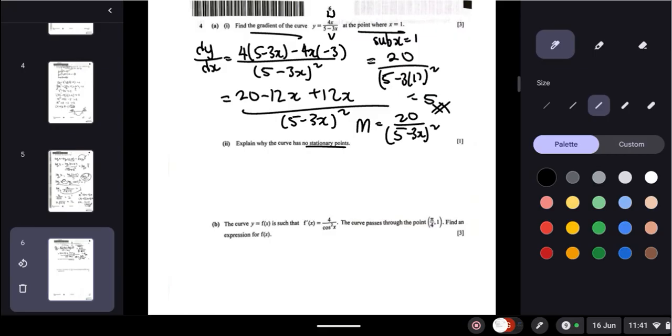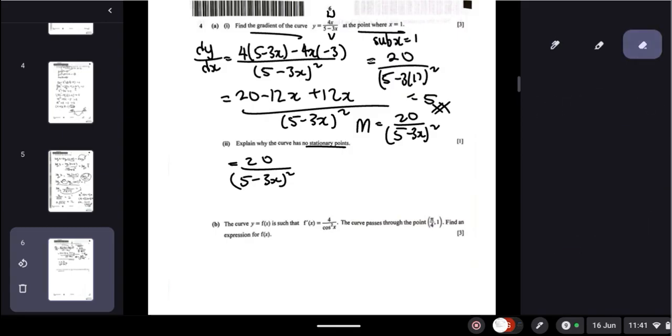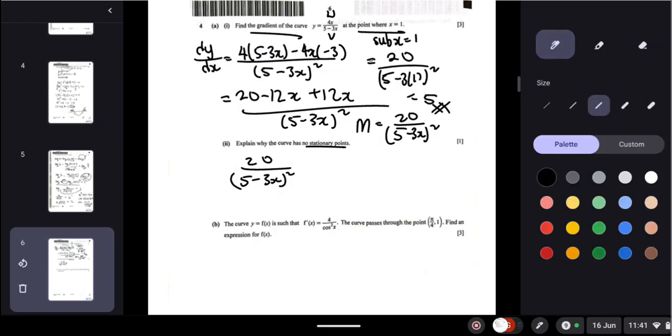Okay, this is the gradient. Okay, we got this. Then to an equal sign, equal to 0. Now, if you multiply this, so this times this, you first get 0. Okay, 0 times anything is just 0. So you get 0. But does this make sense? No, this doesn't make sense. Since 20 is not equal to 0, therefore